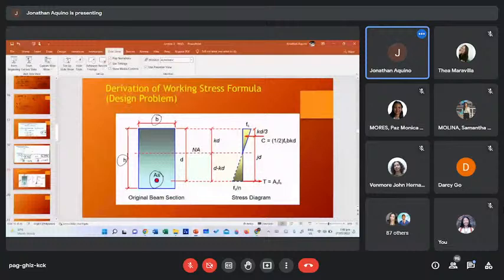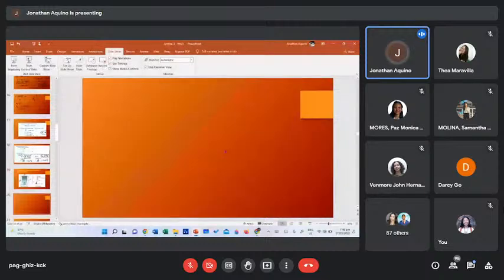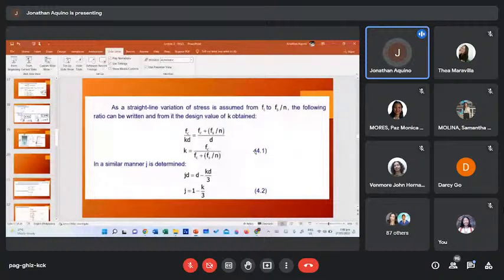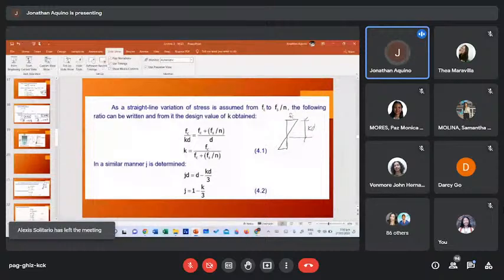So dito naman, ang kinoconsider natin is yung stress diagram. So yung stress diagram natin, okay, ito yung FC, ito yung KD, ito yung FS over N, okay, then ito naman yung D,